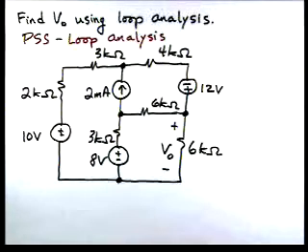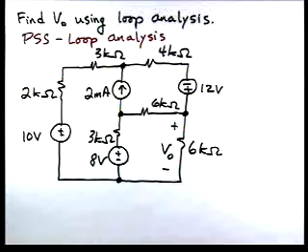In this problem, our assignment is to find V0 using loop analysis. And we're going to use a problem-solving strategy for loop analysis. If we look at that, it's determine the number of independent loops. There are 3 independent loops, and when we assign loop currents,